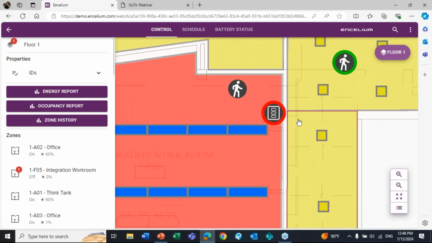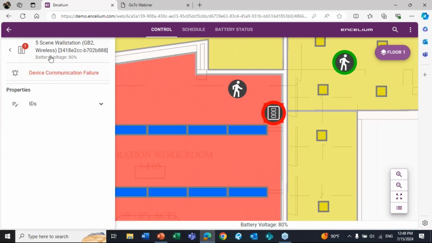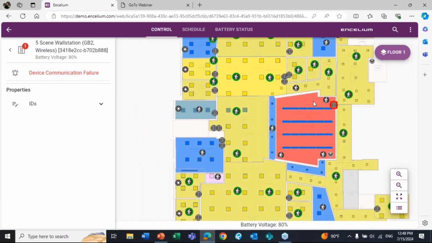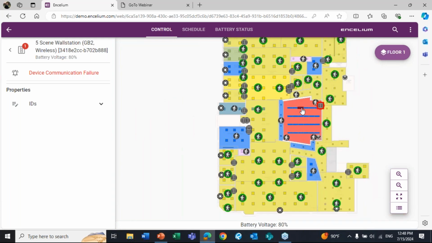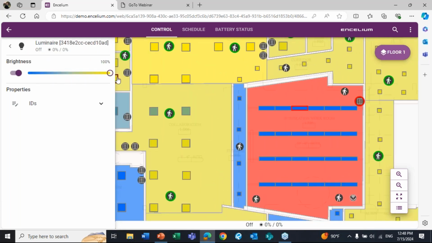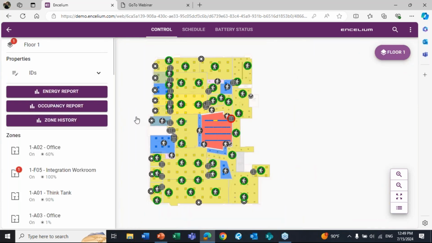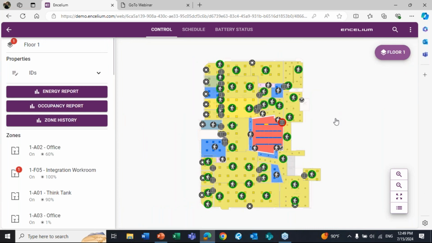So I can use my scroll wheel, zoom in, and if I click on this particular device that's circled in red, it will tell me that it's a wireless device. It has battery, but there's a communication failure. So the device is offline. Please know, I'm going to zoom back out with my scroll wheel, click and drag with my mouse click. If I were to click on the luminaire itself and turn it on, everything else in the system still works. The device is offline, but that just means the keypad is not communicating, and we need to look at that. So again, the ability to see what's going on, high level, and be responsive to address the problem. Okay, so that's how errors are